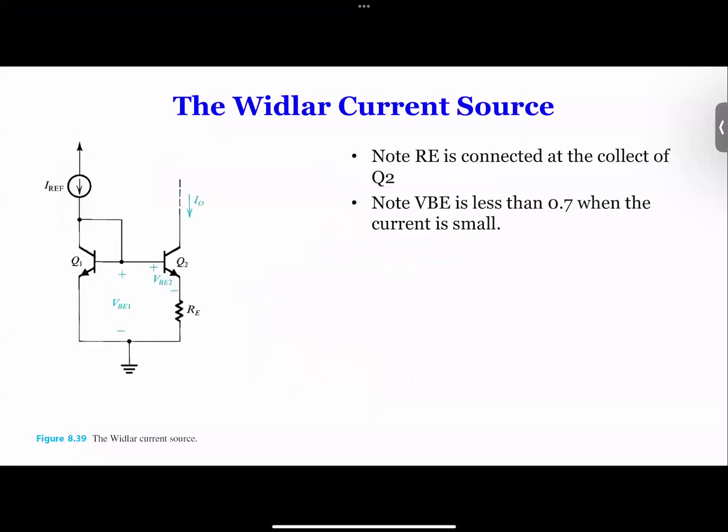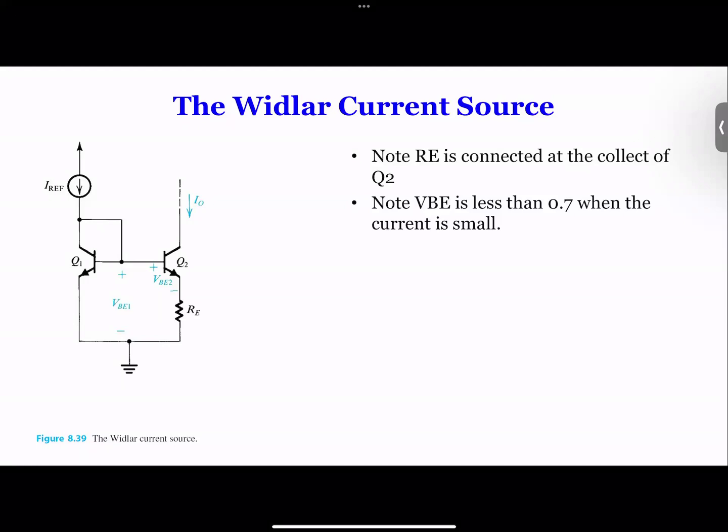Now, this is the last one. We call it the Widlar current source. If you look at this, you will notice already, this is just what we learned before, a current source, but somehow there's an RE over here. So that's the difference. If we remove this RE, this is exactly the BJT-based current mirror we had before. Why would you add this RE here? Well, the reason was,